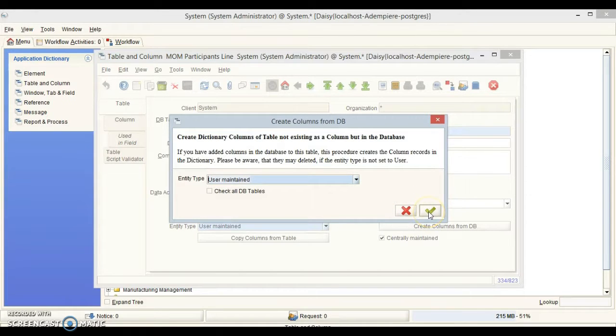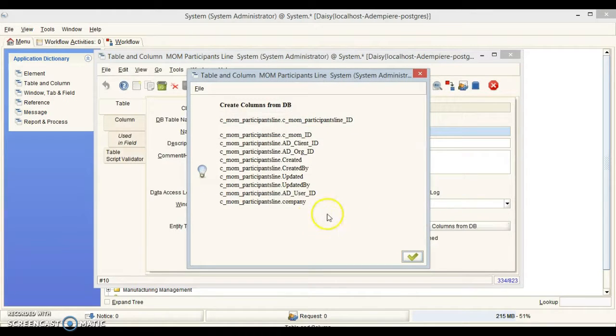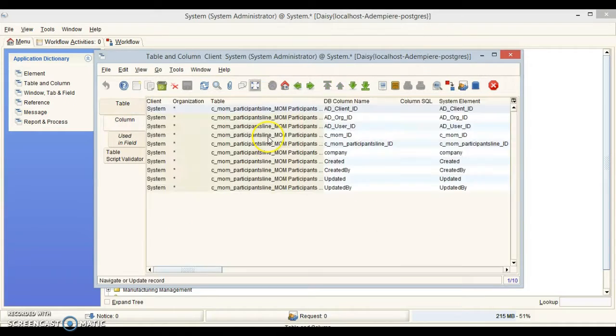And you're going to click OK here. And there you go. All of the columns from the database were created. To verify that, we can go over to columns, and we see them all right here. So we're going to select the